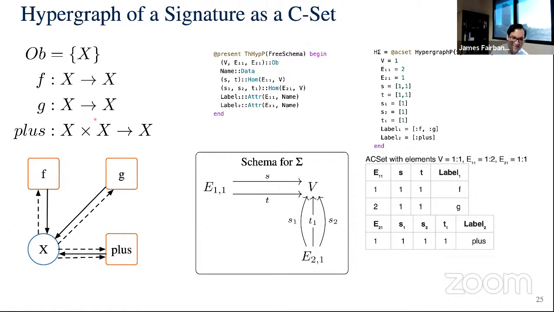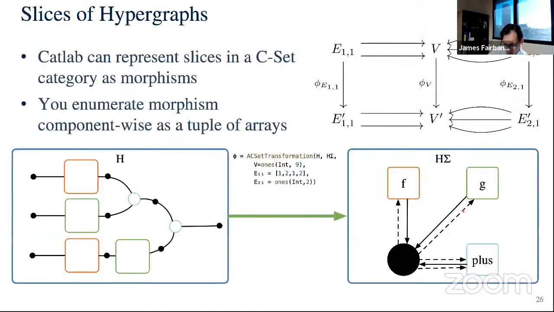That's why that's useful. So an instance of this schema is the hypergraph that encodes the monoidal signature here. This is how you'd translate this monoidal signature into this hypergraph, which you can think of as these tables. The labels come in because we want to be able to check that the function names, the morphism names, get encoded into this data. Then we can take slices over this hypergraph schema and get exactly what you'd expect.